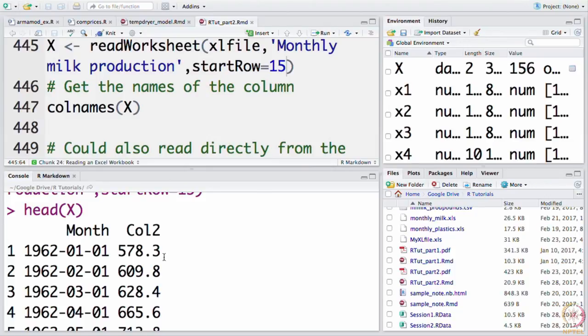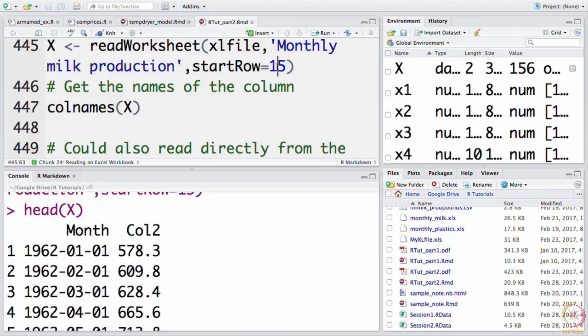If you don't want a header name, then you have to say start row equals 16 and set header equals false. That is something that you have to keep in mind, because it will always assume that the first row, if you don't specify, is a header, and that can be a problem. So, here I know that the header is on the 15th row, and therefore, I have used the startRow. Again, look at the uppercase R here.